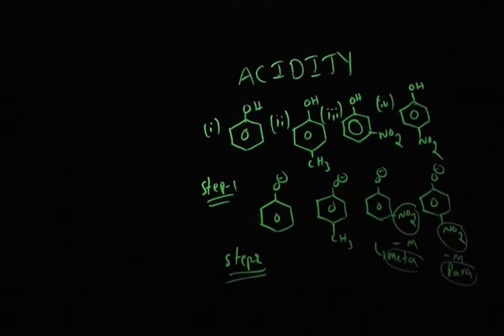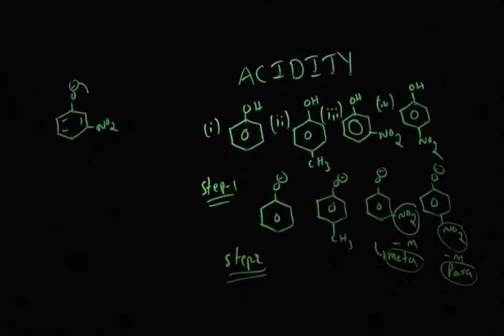This is a very important question, guys. If there is any plus sum group or minus sum group at meta position, it will show minus effect only. Let's see how we are going to address this issue. For example, I have a negative charge here, right? Consider like this at meta position. Now the problem is whether the NO2 in this compound really behaves as a minus sum group or not. That's what we have to look for.